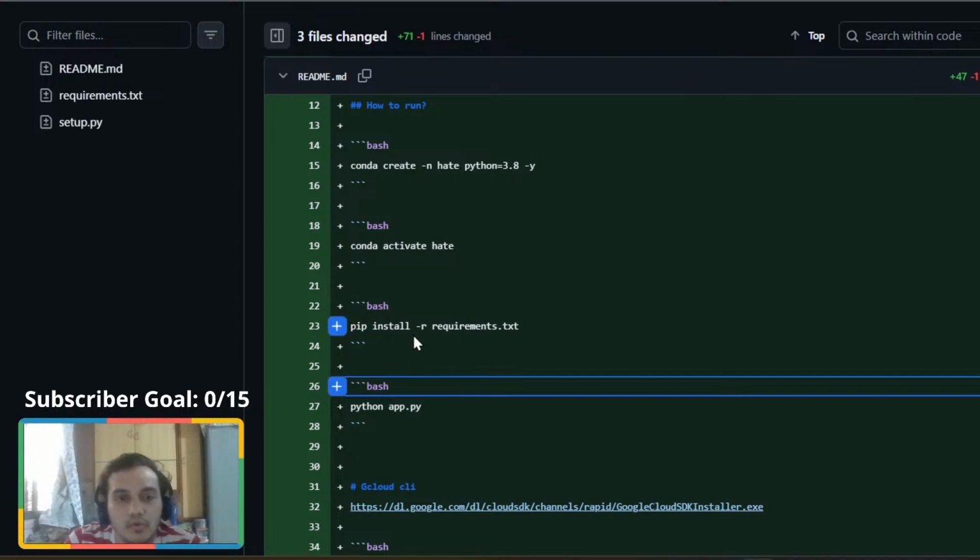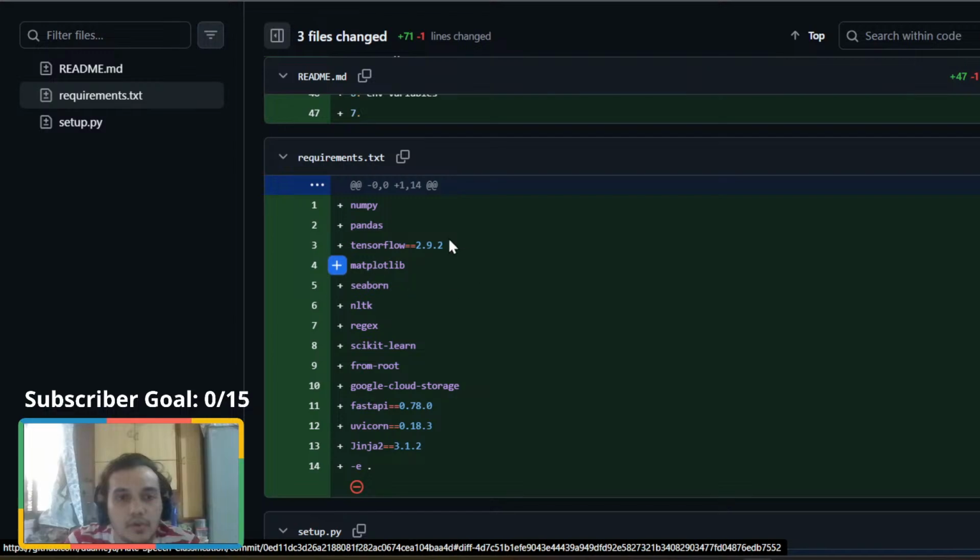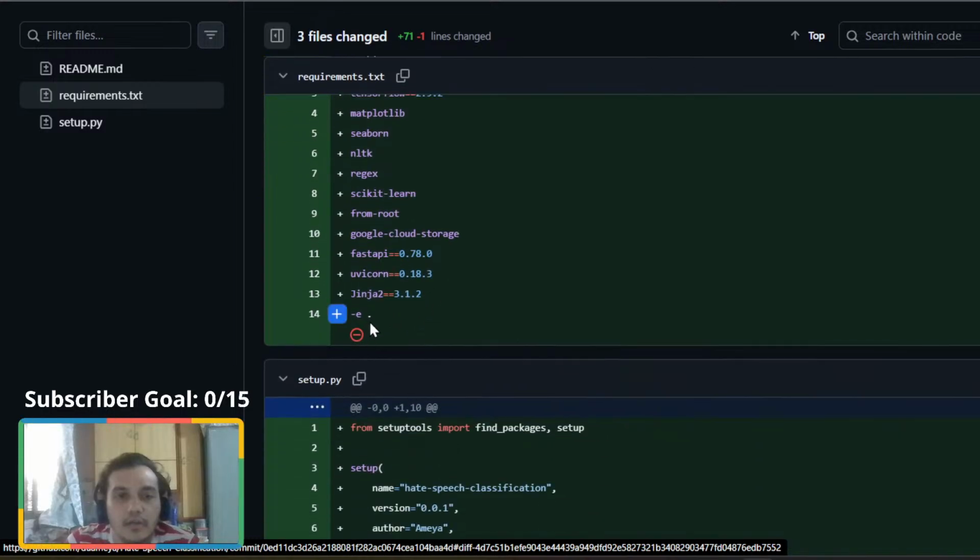Then, before running pip install requirements.txt, you want to write whatever libraries you will be requiring for this particular project. So I'm including some of the libraries. We'll be needing NumPy, Pandas, TensorFlow, Matplotlib, Seaborn, NLTK, regex for regular expressions, scikit-learn, Google Cloud Storage, FastAPI, Uvicorn, Jinja,